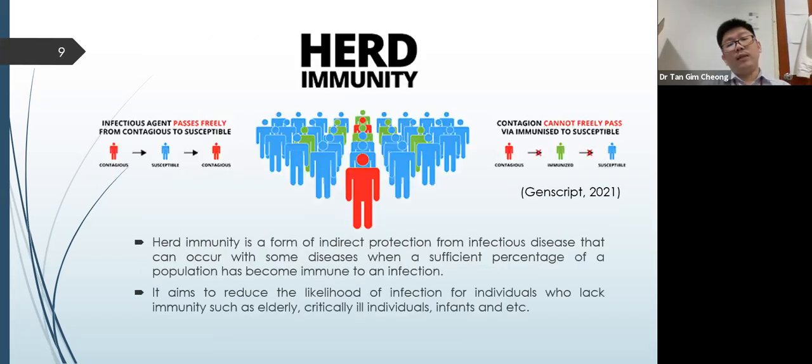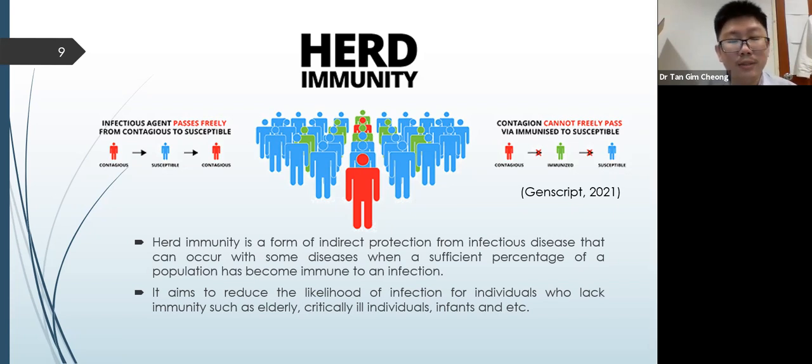Now we come to herd immunity. If you remember, I did mention protection for those that are weak. If you refer to the example of COVID, COVID vaccine is not given to babies, infants, or even adolescents. The young kids are not getting it. The old and diseased individuals are also not getting the COVID vaccine. So how do we protect these individuals? We are actually